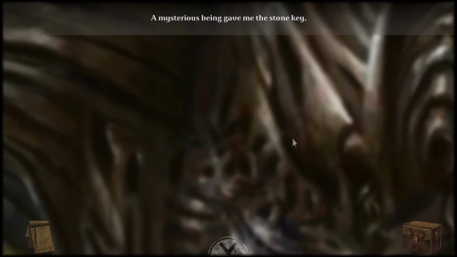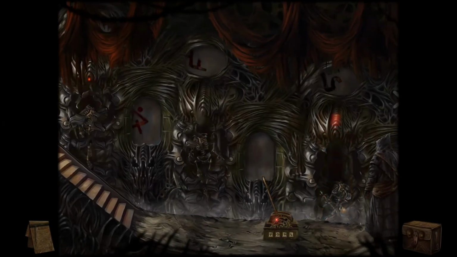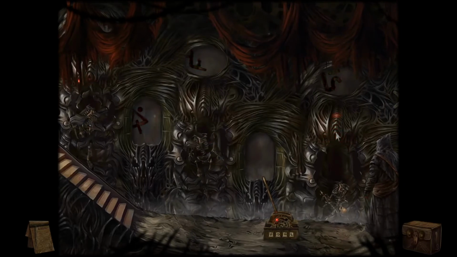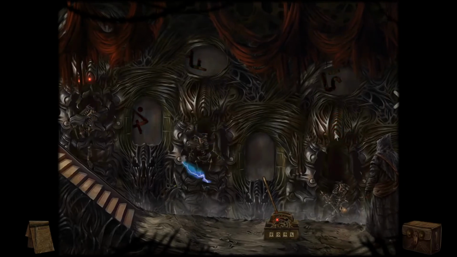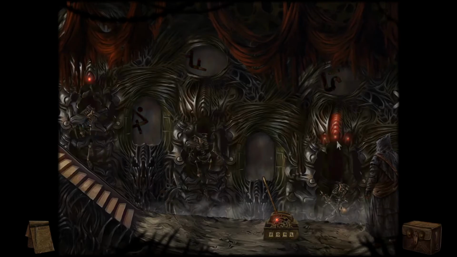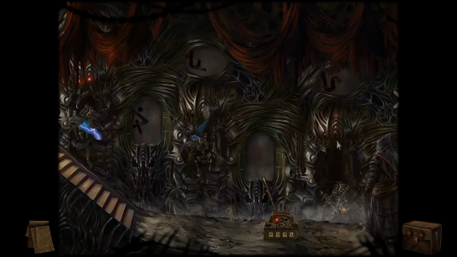A mysterious being gave me the stone key. Now, what he said is kind of interesting. Just a pile of bones now. Because it implies that he has been tortured to death, and I object to that fate on principle, regardless of what he has done. Nobody deserves that, and I guess it might tie to Kant again and that quote from the beginning, because